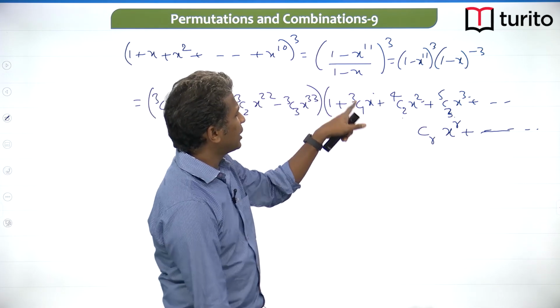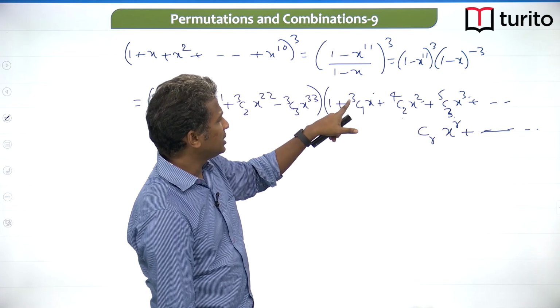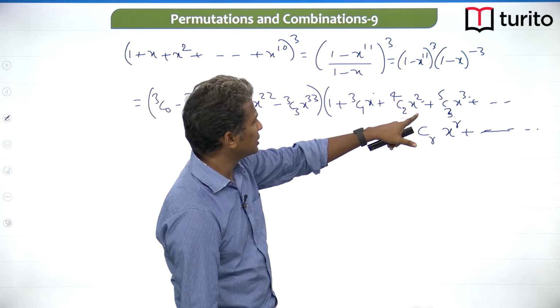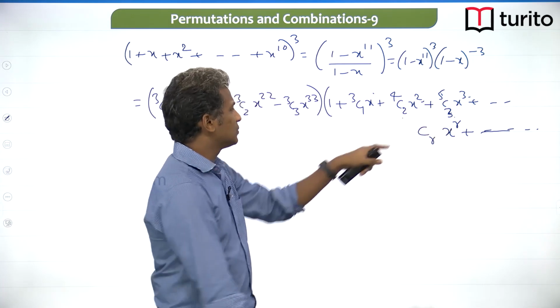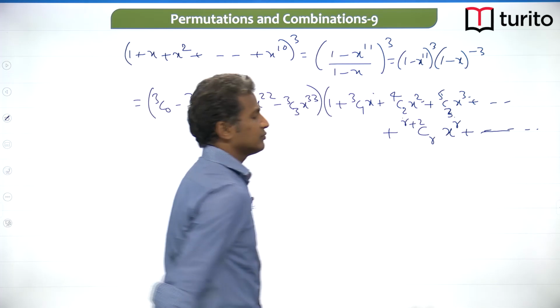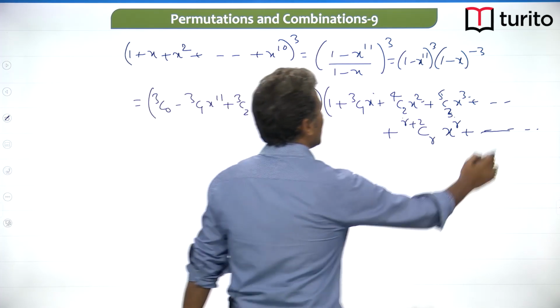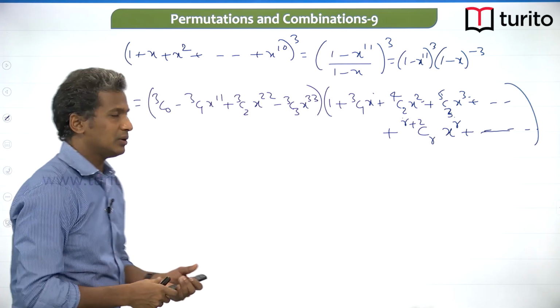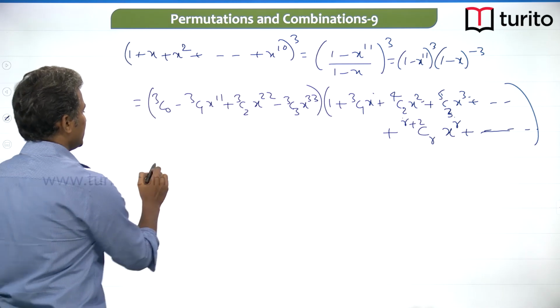Now again try to find the relation between 3 and 1. 3 minus 1 is 2, 4 minus 2 is 2, 5 minus 3 is 2. So that means here it should be r plus 2. So this is the pattern that we have observed, okay. Now let's go and complete our goal, okay. So we are interested in coefficient of